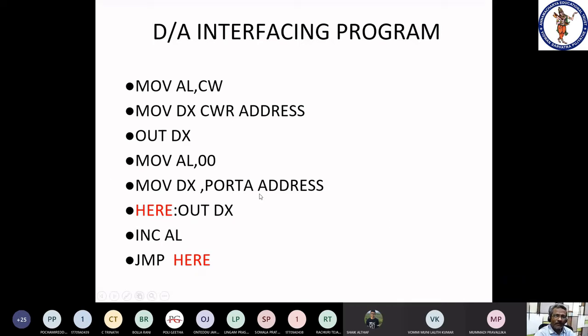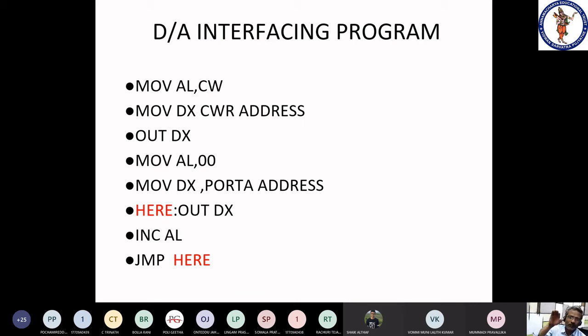So this is about the digital to analog converter. You are in a position to write different programs. This is the simple program for sawtooth wave. Next, you can write a program for triangular wave. What is the difference? In sawtooth wave there is a rise time and the fall time is 0. But in case of triangular wave, there is a rise time as well as a fall time. You go from 0 to 5 volts and fall down from 5 volts to 0 volts and repeat the process.